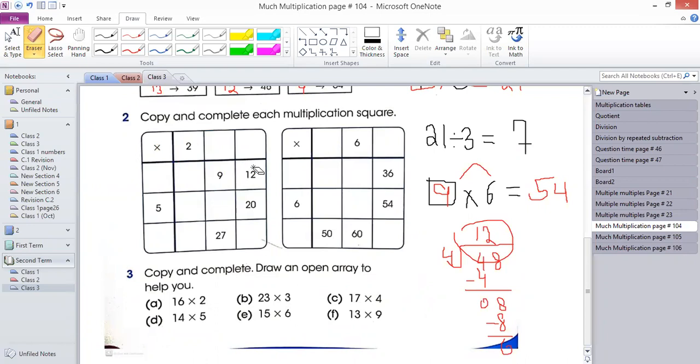Missing numbers. How will we find them? There is 9. Guys, you have to think which two numbers you multiply to get 9. Can you tell me any two numbers which result in 9? Sir, I know 3 multiplied by 3 equals 9, or 1 multiplied by 9 equals 9. Okay, very good. Sharif, I have heard from you. Now I want to hear from other students. Yes, guys, tell me two numbers that multiply to 9.